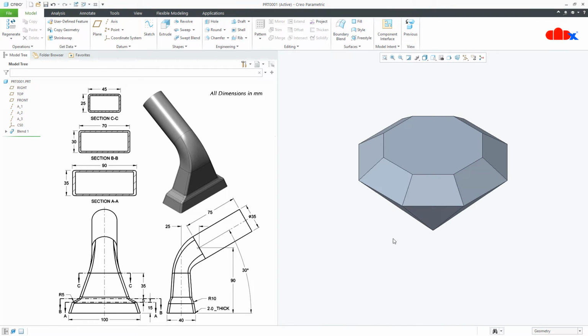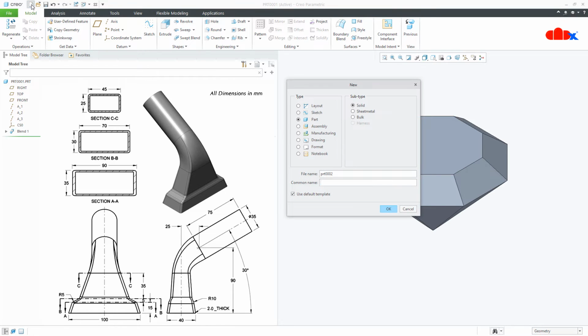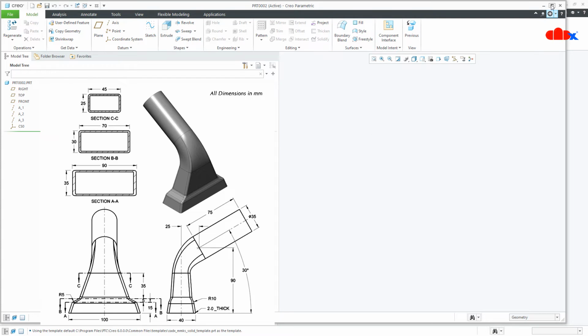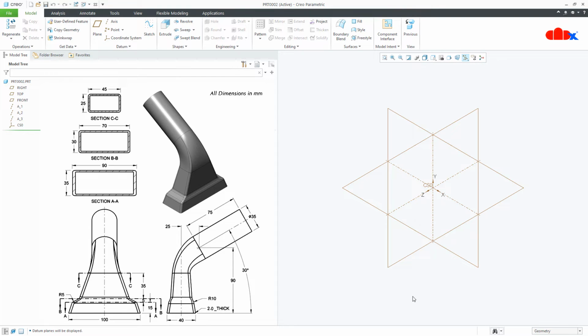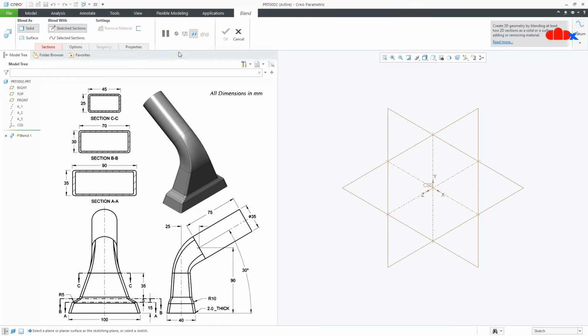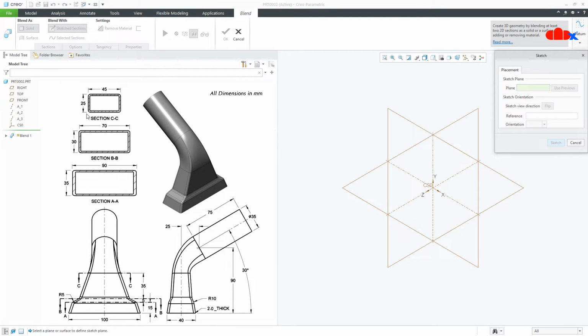Similarly, we will understand blend by doing this part. So for this, once again go to new, part, solid, assign the name and say OK. Now this part I will start with this bottom. So once again I will go to blend, go to sections, sketch section, define, select the top datum plane and sketch,